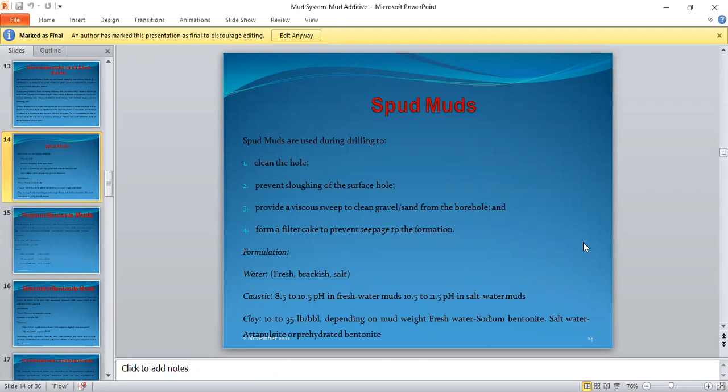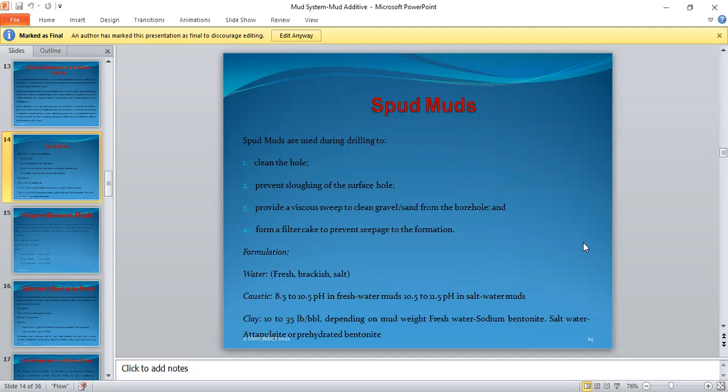Hardly do we do that because of our type of formation. Our pH will be running between 9.5 to 10.5, sometimes 9 to 10. But in some other areas, the pH will run even up to 10.5, 11, 11.5. So we are giving you a global standard. You may be on the rig and see the mud specification say pH 9 to 10.5, or pH 9 to 10, and you're in line. The next thing for spud mud is clay,